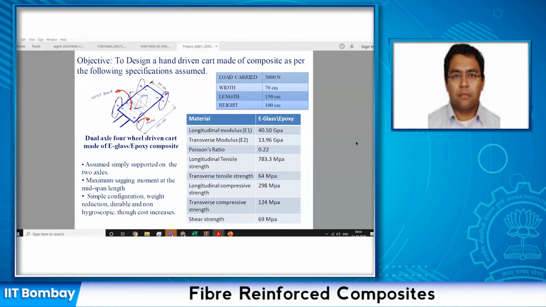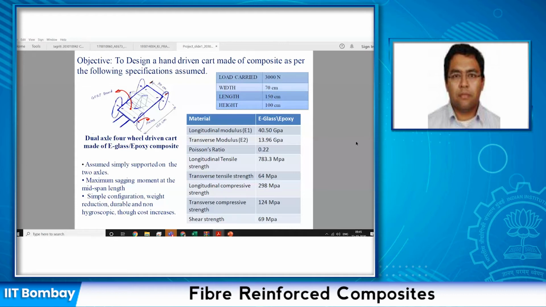Hello all. I am doing my presentation on the design of a hand-driven cart, which will be made up of composite material. It will be used to carry construction materials in congested areas. The design of the hand-driven cart is based on many factors, and the two most important factors that drive the design are the strength and the ergonomics. The strength of the cart is based on the superstructure, the axles and the wheels, and the ergonomics and the human factors are also important parts that play a role in the design of hand-drawn carts.